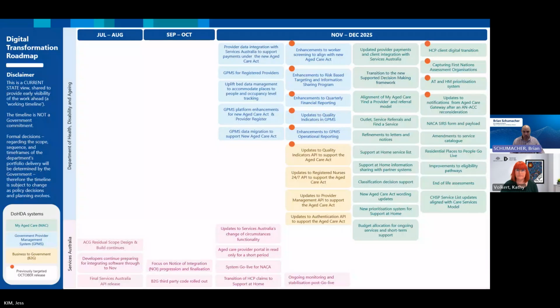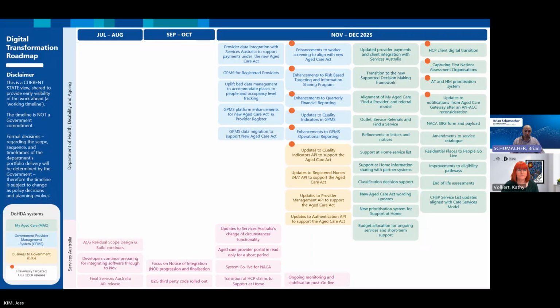All right, so last time we discussed the roadmap, I mentioned that the deliverables targeted for July were moving to November, but we still had a bit of work to do to work through the impacts of what that meant for what we had originally planned for the October releases. We've now finished that assessment, and I can confirm that the items marked with a red dot were previously planned for October, but they'll now also be delivered in November. So we're able to package those things up.